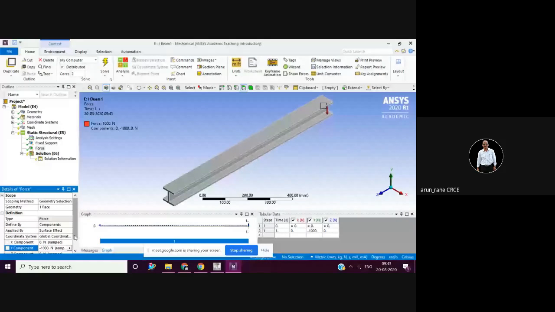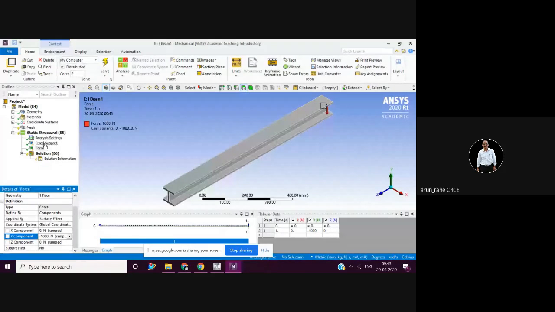Since the units are defined as Newton, it will take it automatically. Now look at this. This is the direction of the force, which is shown since we have taken minus 1000. It is showing downward.